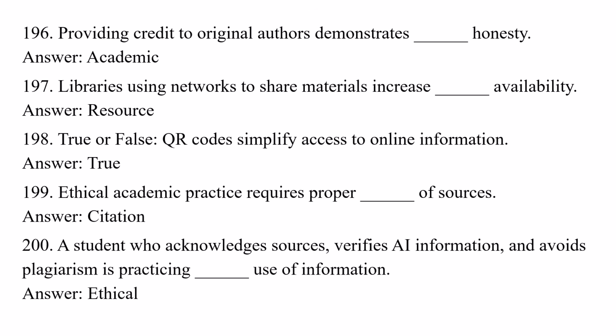Then the last but not the least. Providing credit to the original author demonstrates academic honesty. Libraries using networks to share materials increase resource availability. QR codes simplify access to online information. That's true. Ethical academic practice requires proper citation of sources. The student who acknowledges sources, verifies the information, and avoids plagiarism is practicing what? Ethical use of information. So this is the second batch, and hopefully we'll drop the third batch, which should be